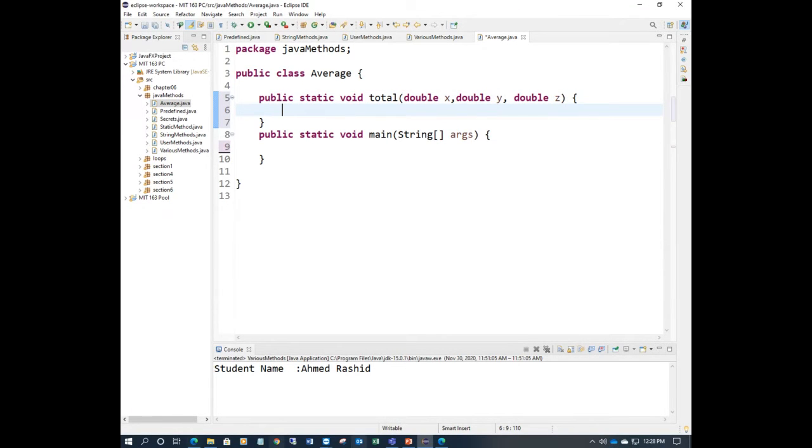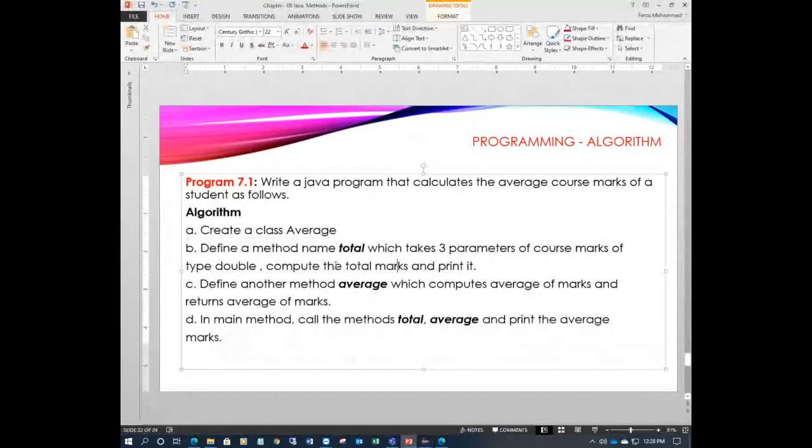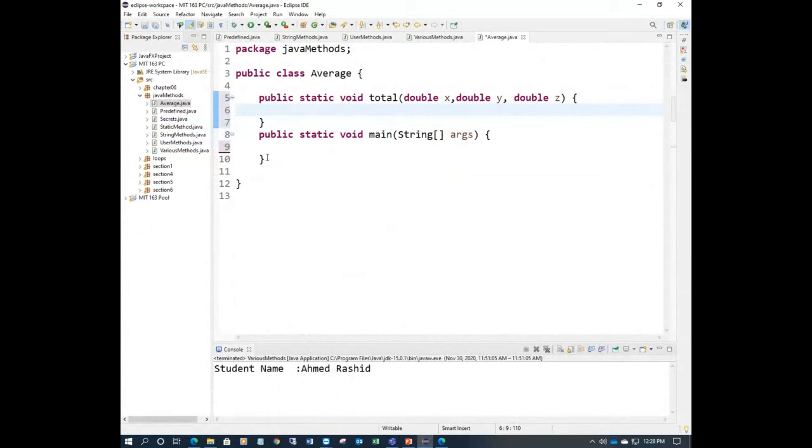What does this method do? It will compute the total marks and print it. So it will just compute and print it. So how do you compute here? Just say double t, total or sum. Don't confuse this total with the total method.